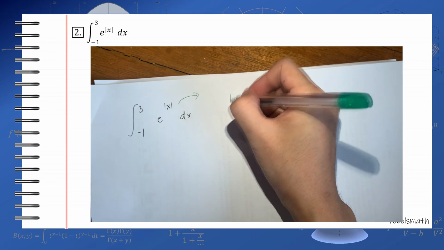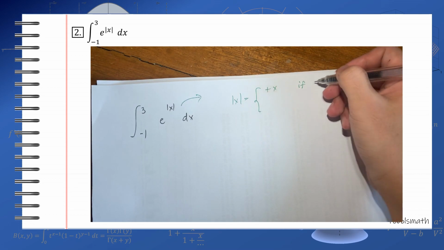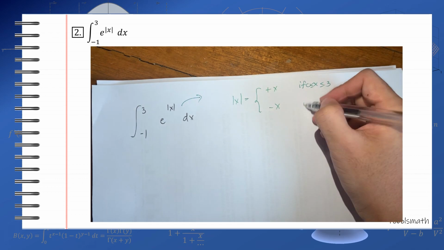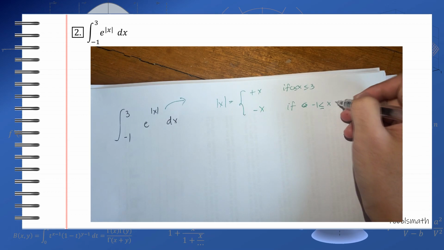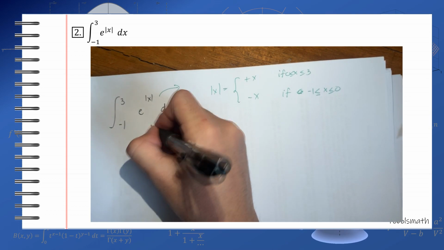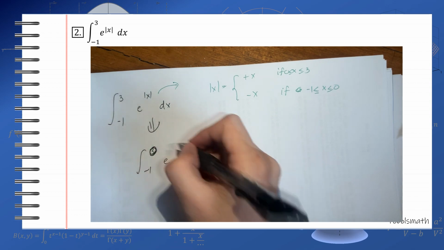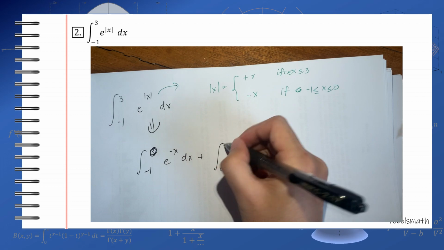So x is equal to positive x if x is between 0 and 3, and equal to negative x if x is between negative 1 and 0. So this integral is rewritten as the integral from negative 1 to 0 of e to negative x dx plus the integral from 0 to 3 of e to the